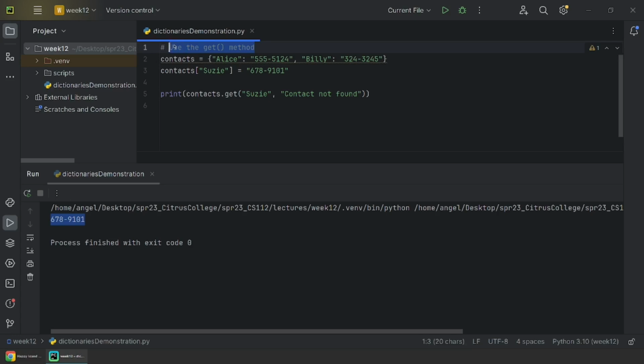What if you're fighting with everybody in your contacts list and you want to delete them? You want to delete your whole contacts list. We would use the clear method to do this. And so to do this, you would simply say, let's go ahead and print our contacts before, and then we will do